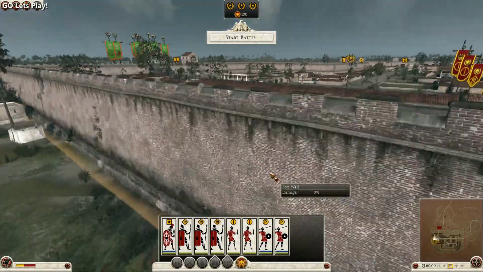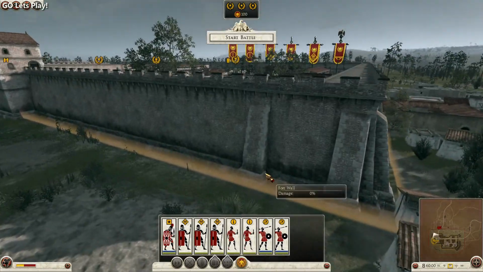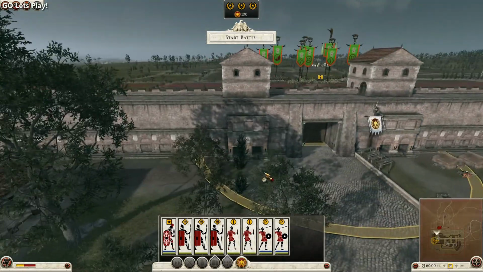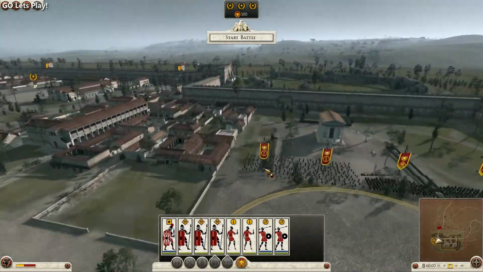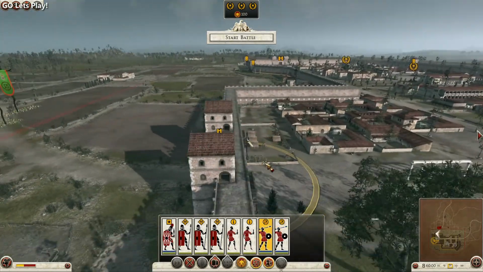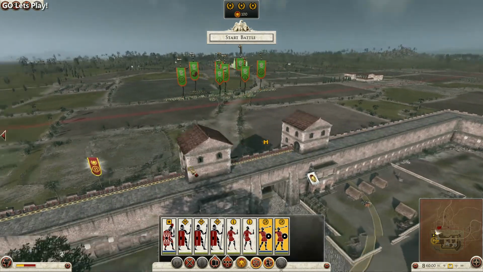And these aren't just any walls, these are actually stone walls. So last time when we had the defense of a settlement, we actually had wooden walls. But this one is legit wall. These are legit Roman walls. So we can actually defend this quite easily. So we'll put our levies up on the top of the wall, so that they can